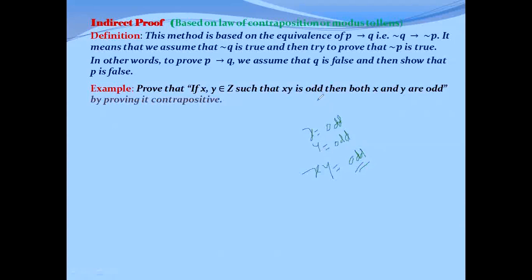This is the question. As we know from algebra, an odd number is written like this: twice any integer value, like 1, 2, 3, 4, -1, -2, plus 1 will give us an odd number. Similarly, this can also be written as 2 times some integer number like m, n, etc., plus 1. So this will also be equivalent to 2 times some integer like n plus 1. This is the way to represent an odd number in algebra.